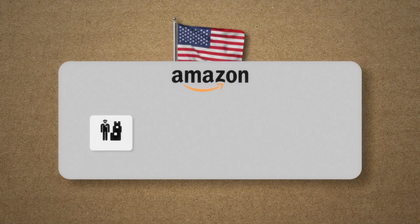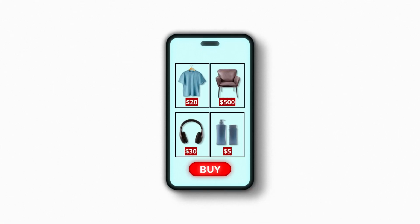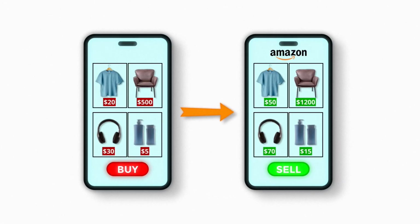Let's take a minute to talk about the business model. I do Amazon wholesale, which means I've created accounts with suppliers, wholesale sellers, distributors in the US, not China, not private label, not Alibaba. That's a different business model. I basically buy well-known products, everyday brands that you and I know, and I resell them on Amazon for a